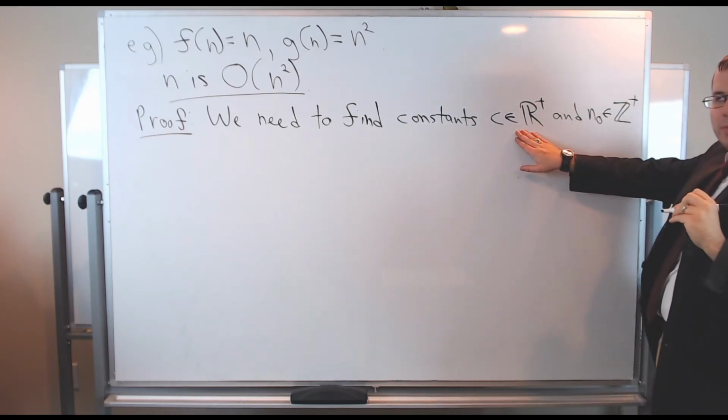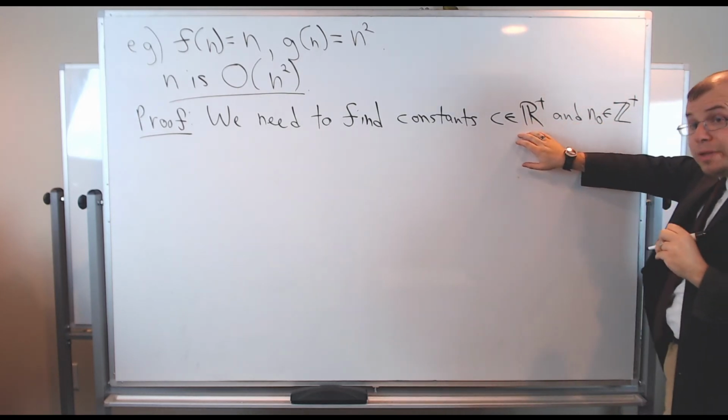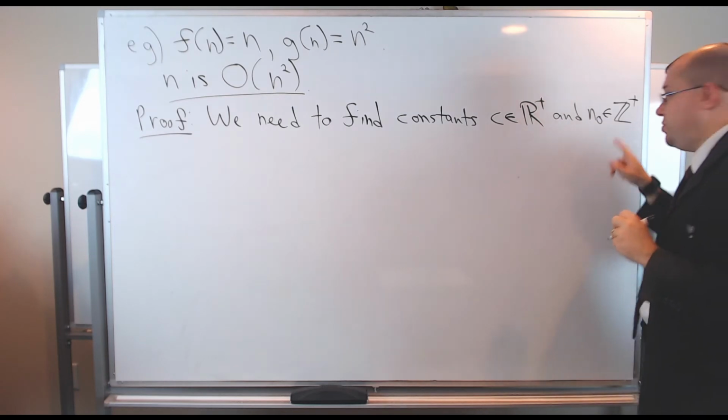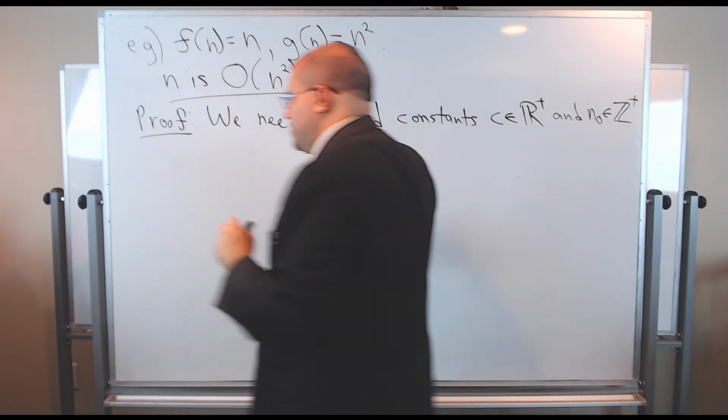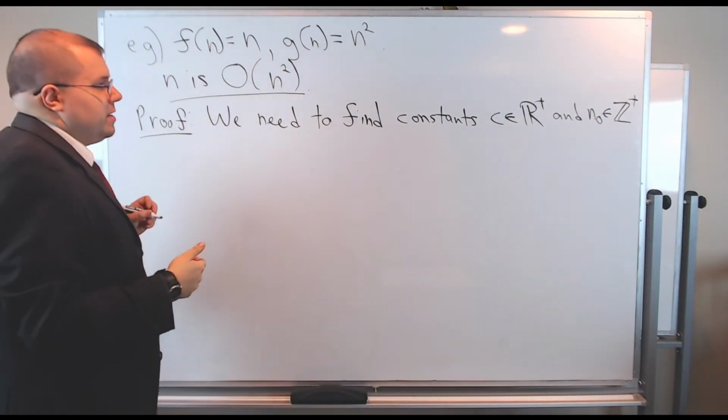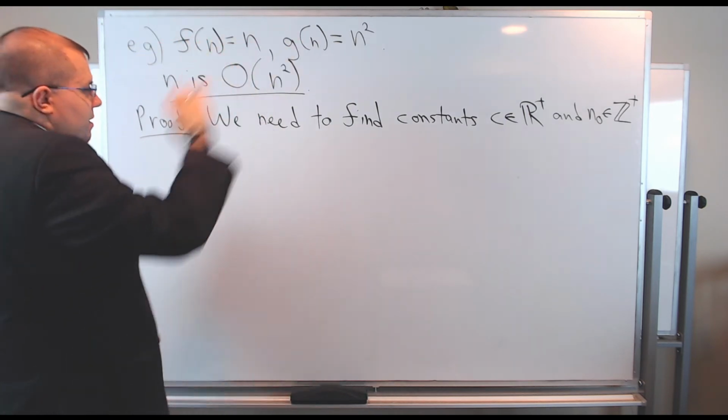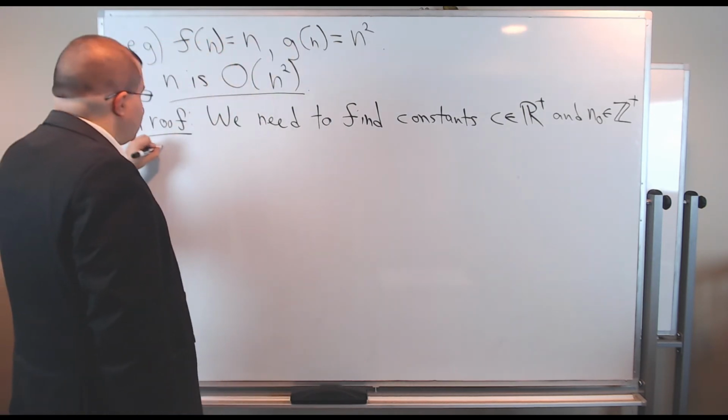Remember, C is a real number, and n0 is a positive integer. So you can't use 0 here. It must be something like 1, 2, 3, and so on. You're counting numbers. So, such that